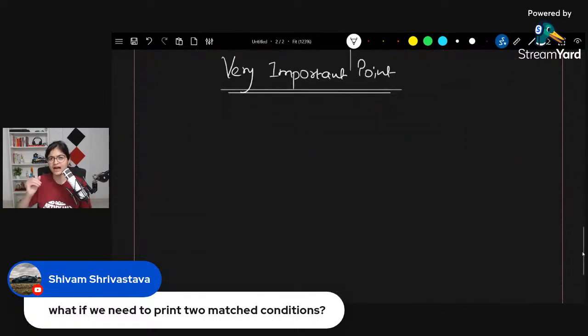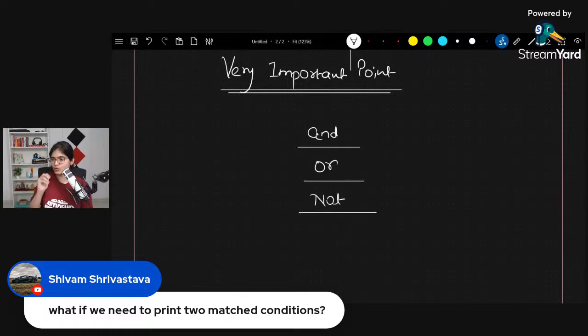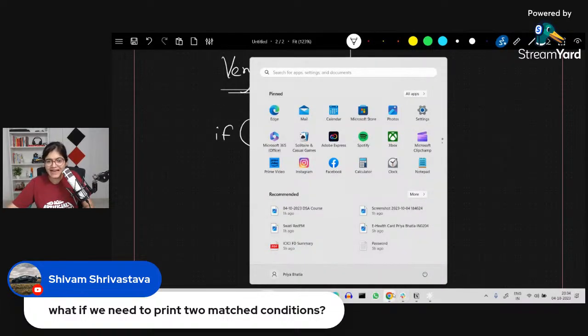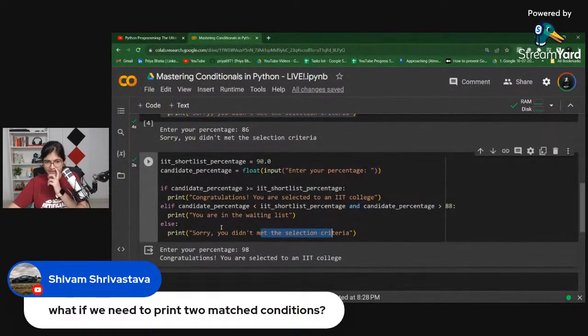So among the conditional statements, you will have and, or, not, right? If you have 2 conditions and you want both of them to be true, you will say C1 and C2, and that is what I have used just now. Here, if you observe, I have used something called the AND operator. We have 3 operators here. I have used the AND operator because what I want is this condition to be true